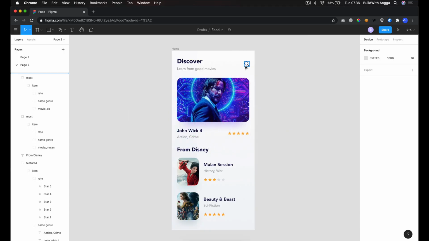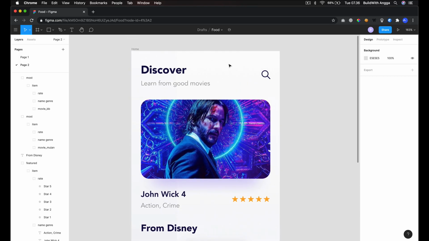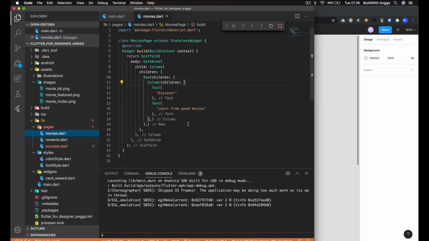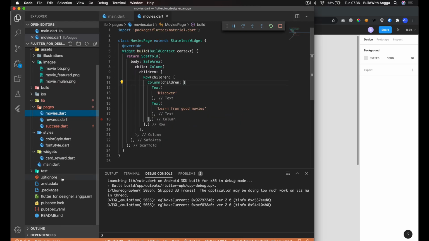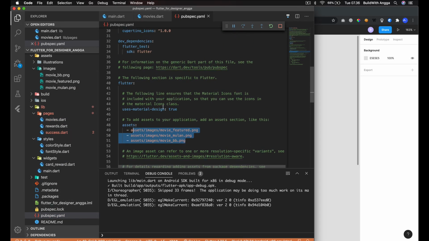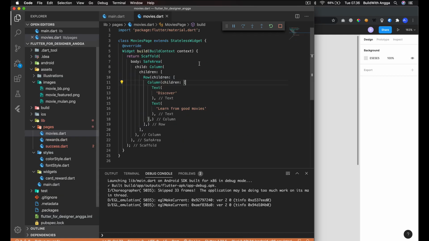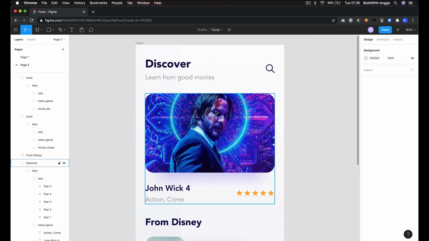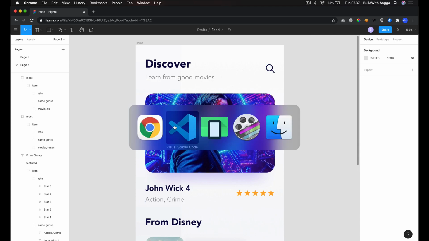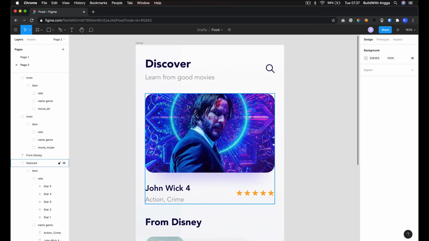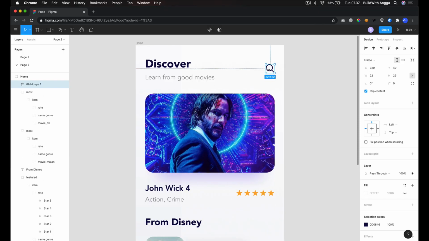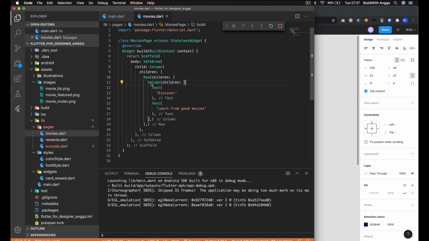If you see the design, we have one icon here, so we are lucky because we already have this cupertino icon. If you check in the pubspec, they do use the cupertino icons. So what we're going to do is load the icon. First thing first, I think we need another children here after the Column.